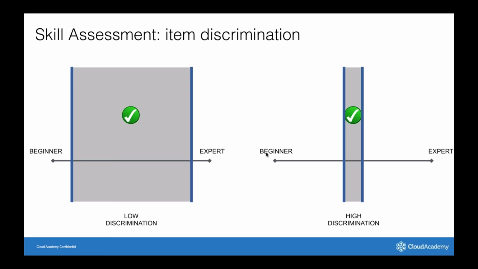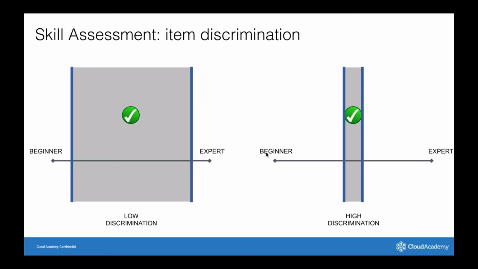When the question is not discriminating, our confidence in assessing your skill is very low. And that's the example on the left side. That means that even if you answer correctly to this silly question, we cannot say that you are either a beginner or an expert user because it has a very low discrimination.